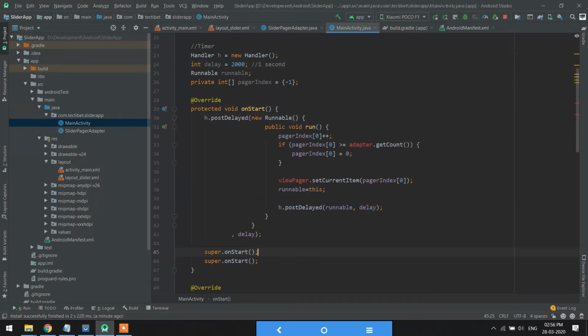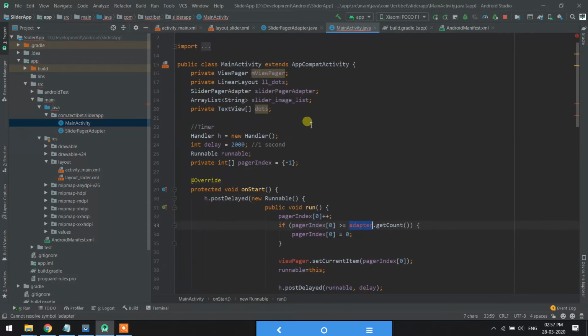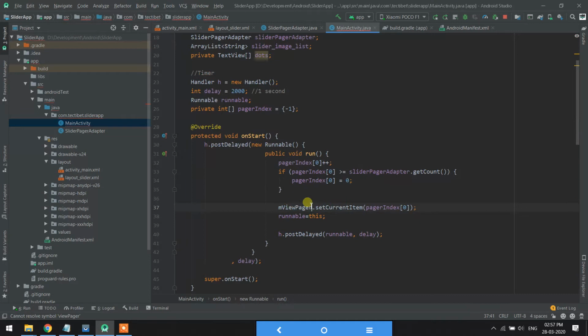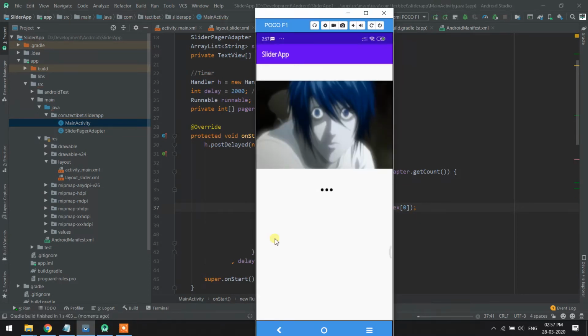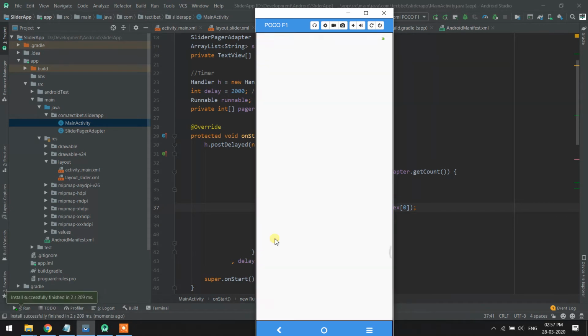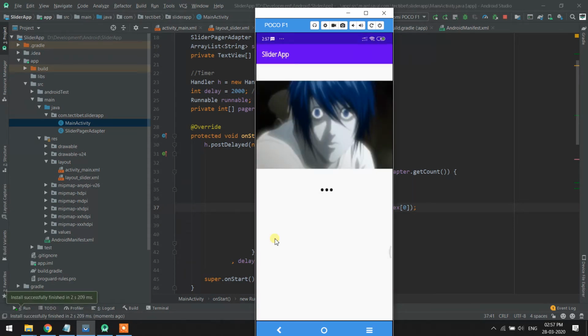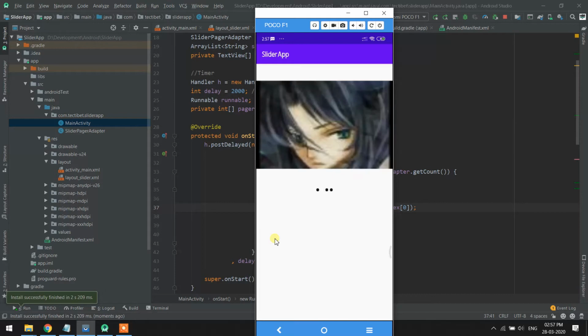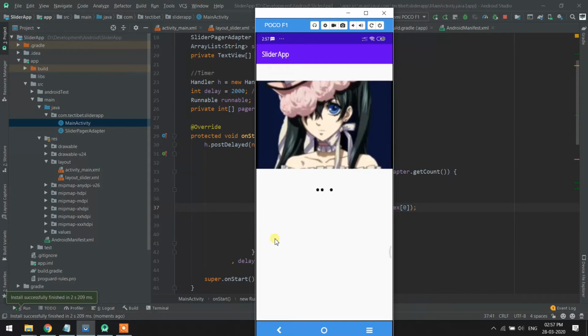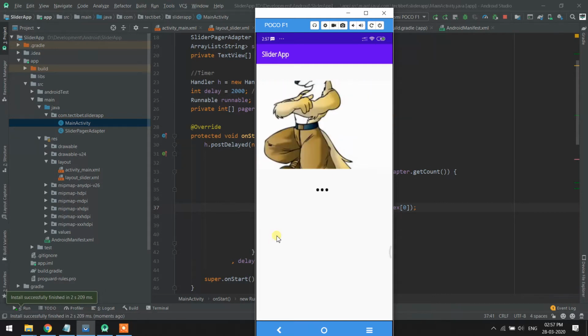So I'm just gonna copy and paste this same code over here, but in the adapter, we should pass the slider pager adapter over here. And then in the view pager place, we have to pass our own view pager, which is over here. Now if you run this, it should work. Let's just see, every 2 seconds it should call 1, 2. Okay, 1, 2. Since it is working perfectly fine,